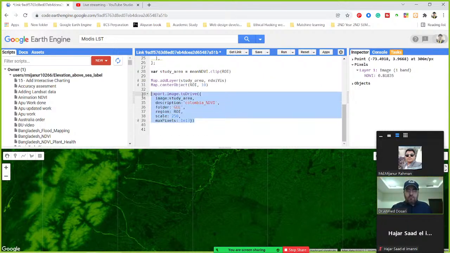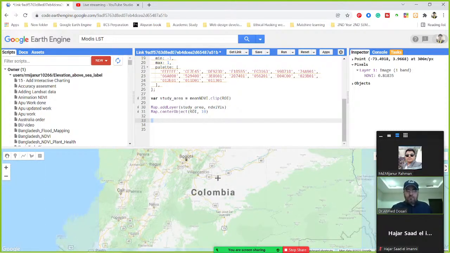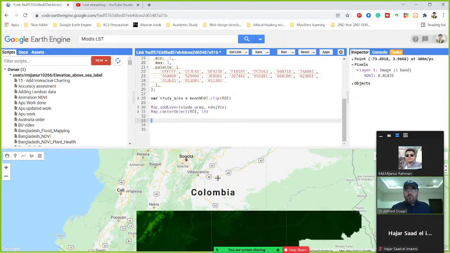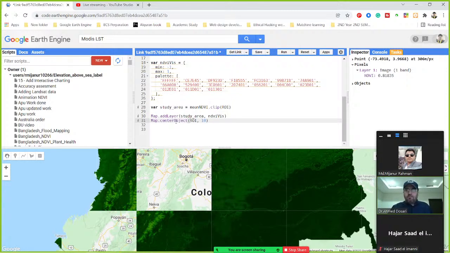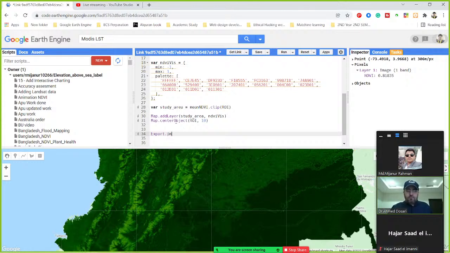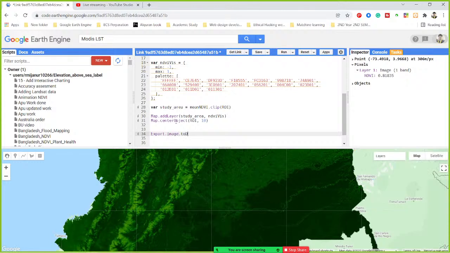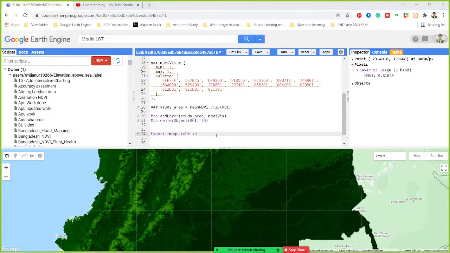So I simply remove it. Here you can see this is my NDVI map for Colombia. Now I want to export this map in TIFF format and work with it in ArcMap software. When you export any map, you just use this function, Export.image.toDrive. I simply use this function, and then the parenthesis,